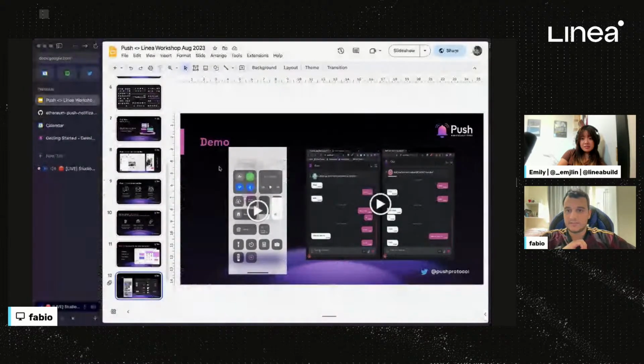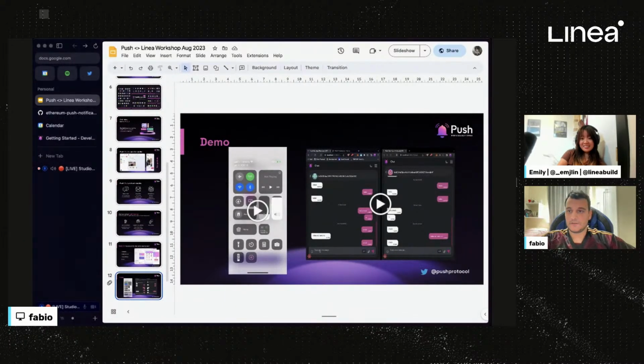Cool. I think we can show what Push Protocol dApps look like, so people can get a better look and feel. So if you go to app.push.org,